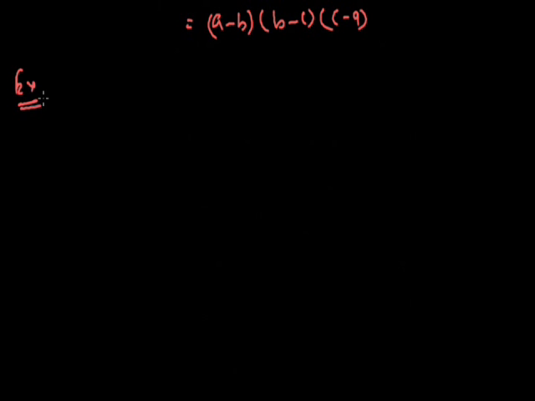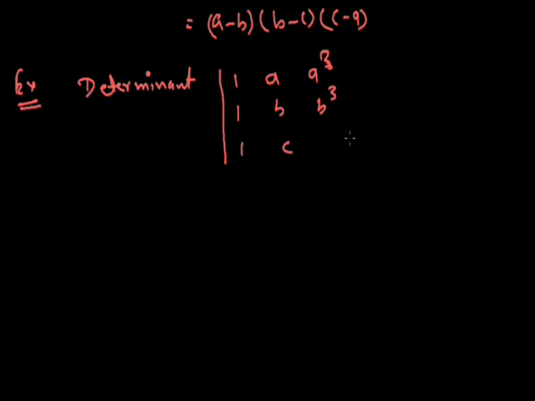Now the next example: the determinant with rows 1, A, A cube; 1, B, B cube; 1, C, C cube is equal to (A minus B)(B minus C)(C minus A) into (A plus B plus C). For the solution,